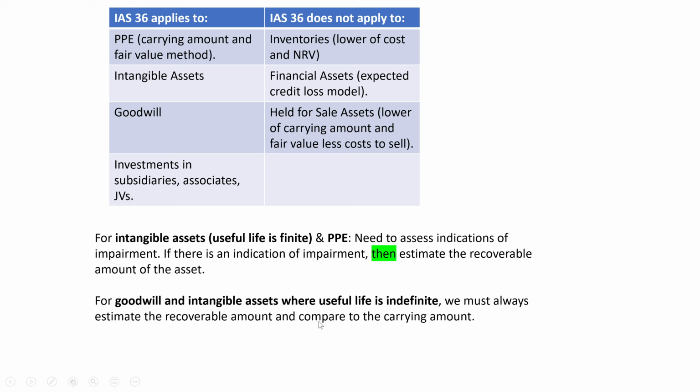If you're an auditor, this will take a bit of time to audit, and you have to get your head around the different assumptions used in the calculation of the recoverable amount and assess whether they're reasonable. And then that's it really. Basically, impairment is when the carrying amount is higher than the recoverable amount. It's just as simple as that really.